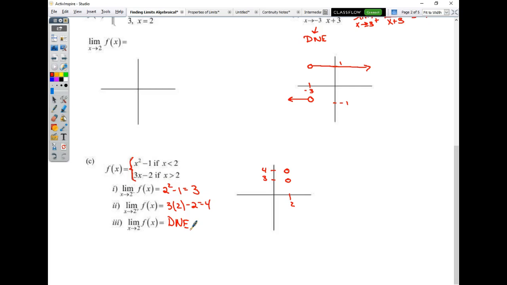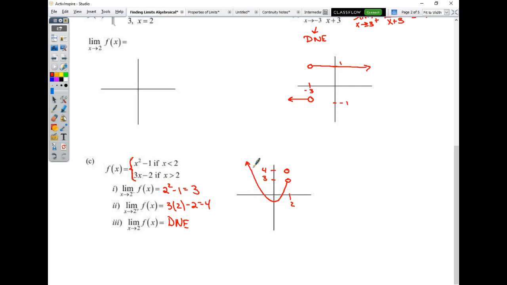Let's do the left side first. When x is less than 2, we said that that goes to the 3. Let's look at this shape. What shape is this going to make? I like that you actually incorporated the fact that it was an upward shaped one. This is an upward opening parabola. And does this have a positive or a negative y-intercept? It says a negative, so I probably should make sure that I drag this